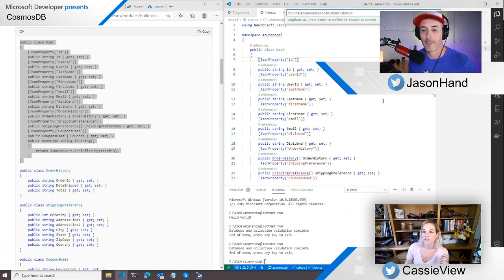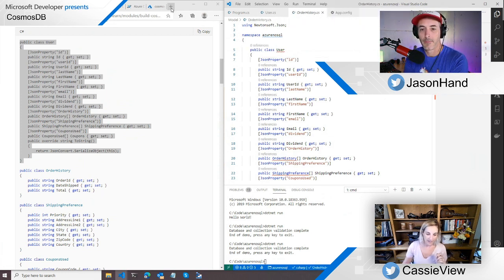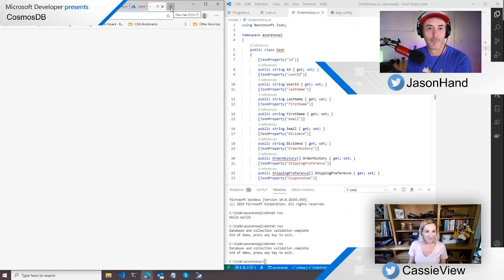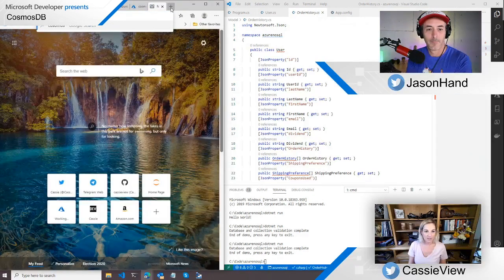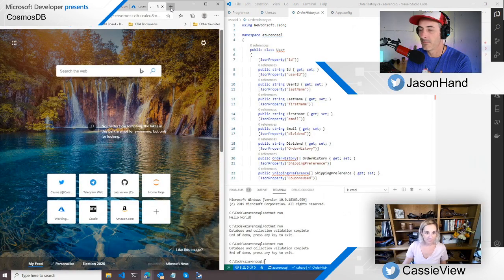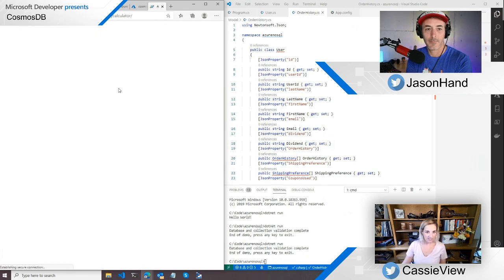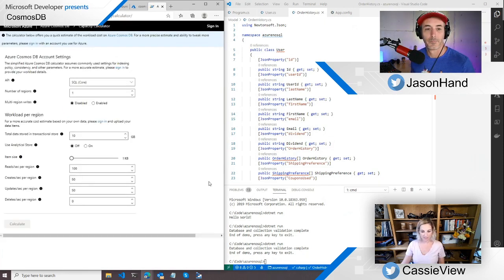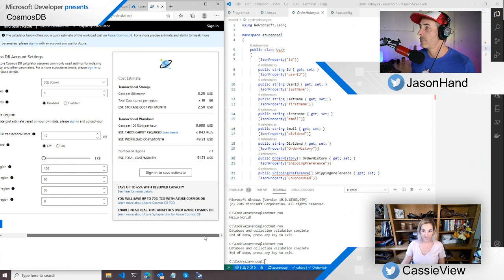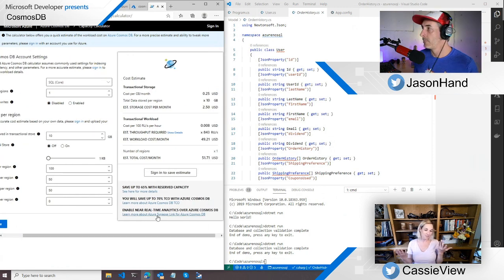Oh yeah, that's what I was going to show you too, is that there is a calculator now. If you go to the, I was looking at this Cosmos DB capacity calculator, and it'll tell you how much it thinks it's going to cost. So when you're thinking about what to use, that's another thing. We didn't even really talk about that, but that's another thing you think about when you're getting your data together, particularly if it's a side project. You don't want to spend a bunch of money on something you're just playing around with. So there is a free version now for playing around with. And then there's also this calculator so you can see what you expect to actually spend if you decide to spin one of these up and play with it.